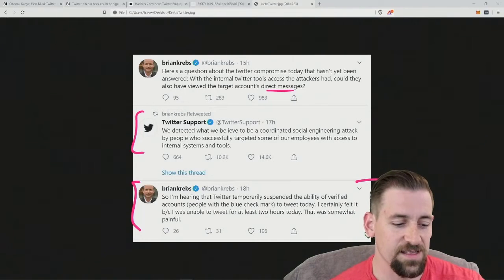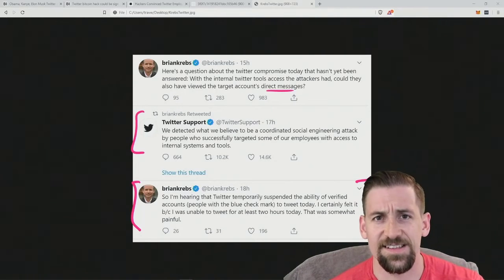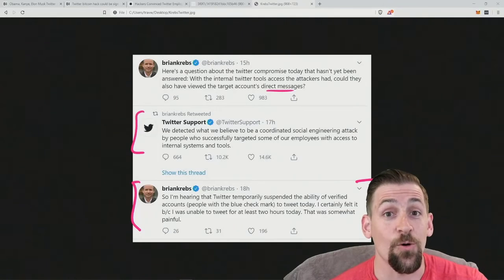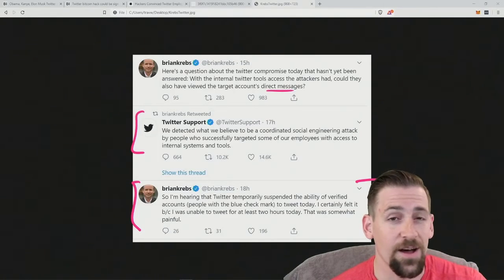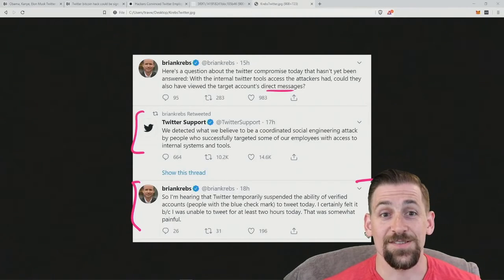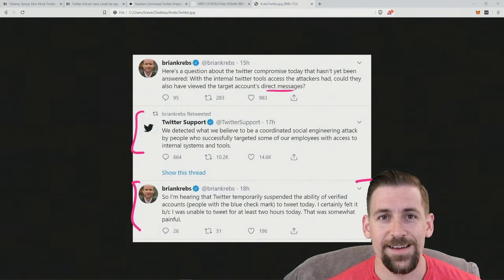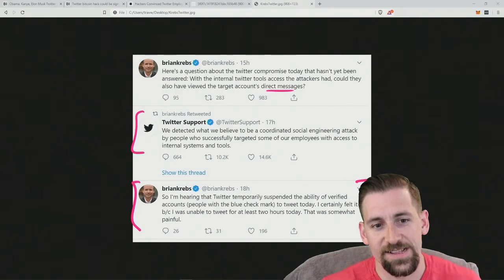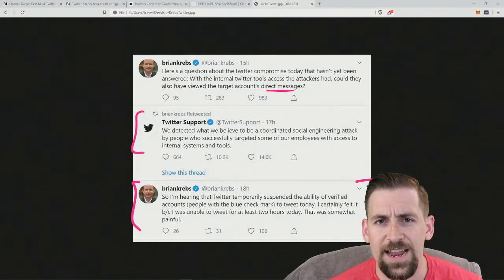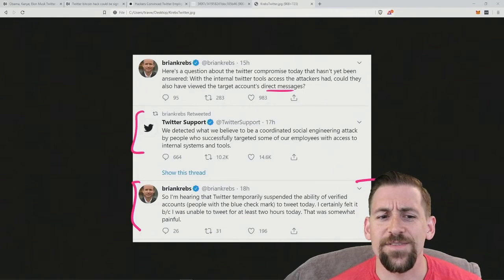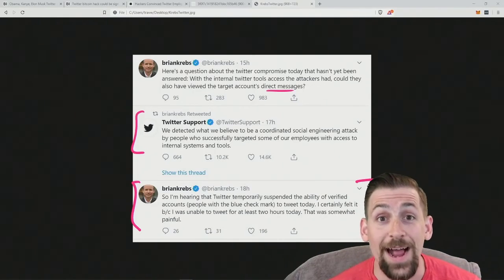I know that we presented a lot of the scenario to this point, but I think that there's going to be a lot of additional information coming out over the coming weeks and months, I would bet, as a result of this being such a wide-ranging attack and hitting so many high-profile targets. So keep an eye out, and I will probably give an update video at some point regarding what transpired as a result of this